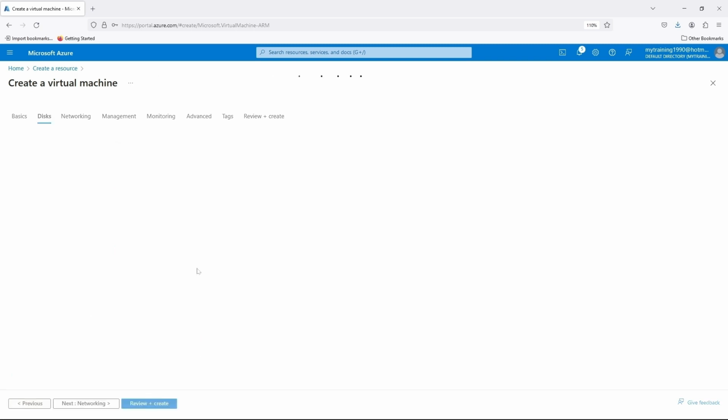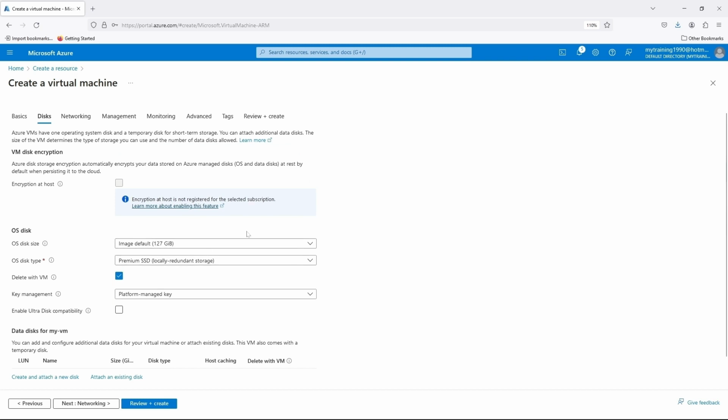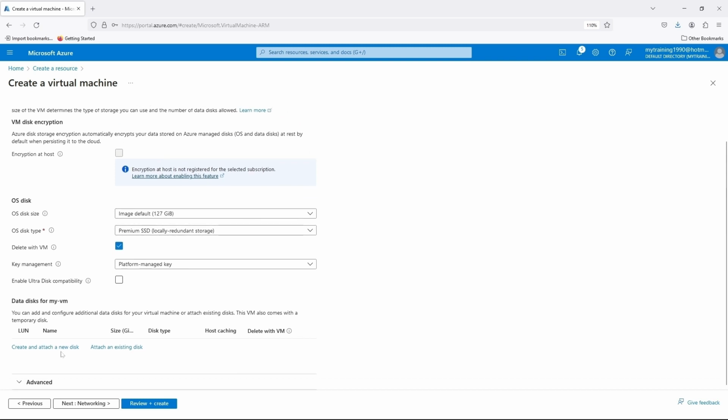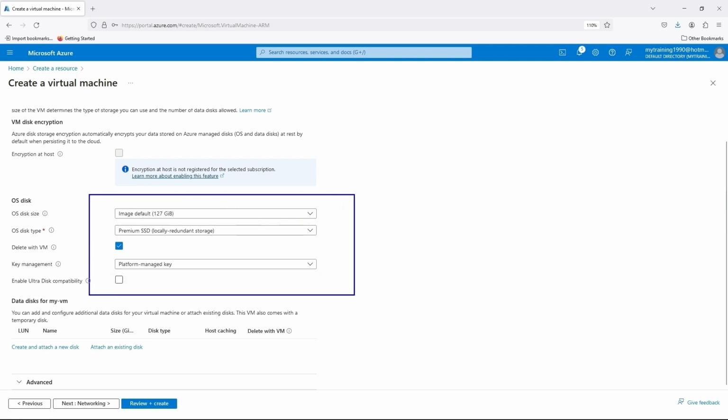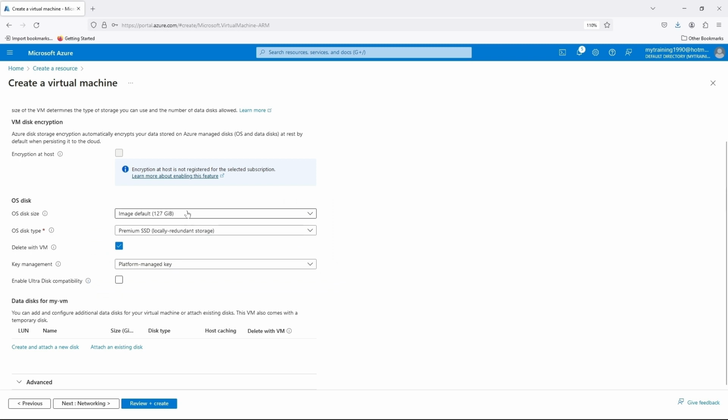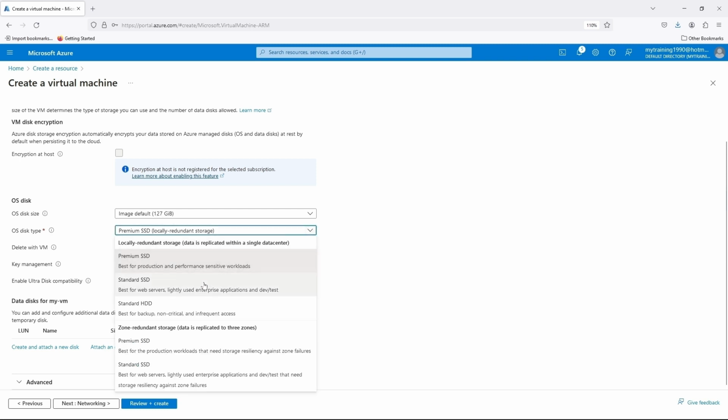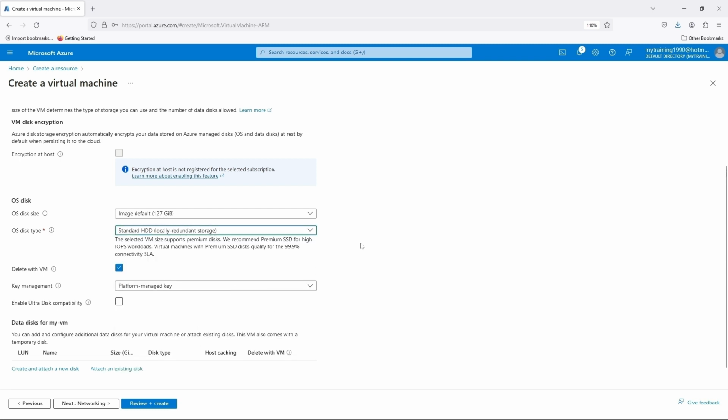Next, disk. I can choose the disk if I want. I can even attach a disk if I need additional disk. I am not doing that because this is a basic virtual machine. I just wanted to create for this lab. So I am okay with this operating system disk itself. So I have 127 GB of storage. I will select standard disk,